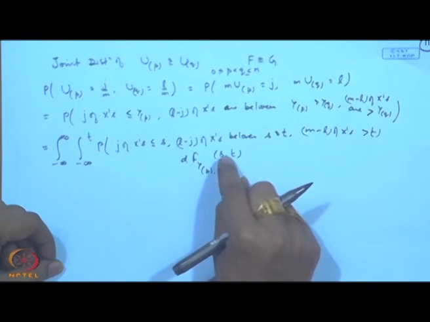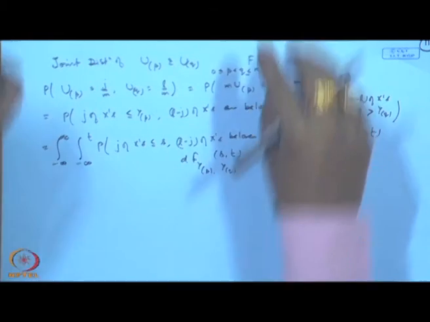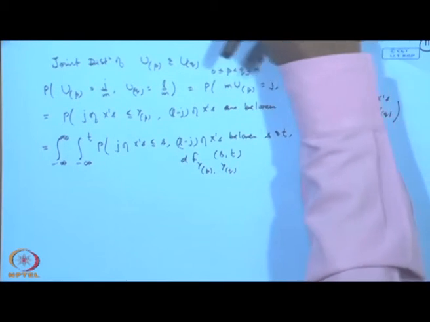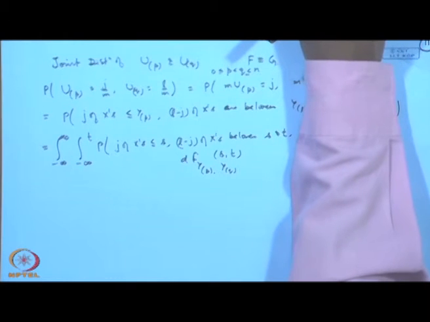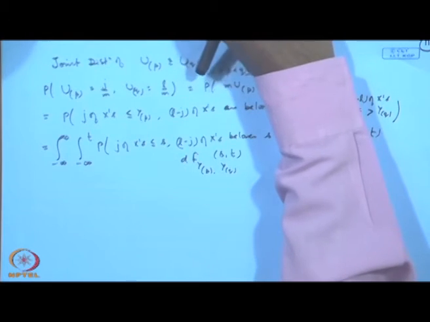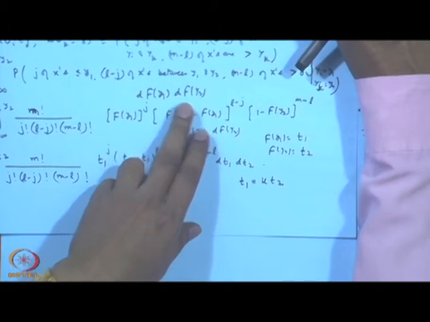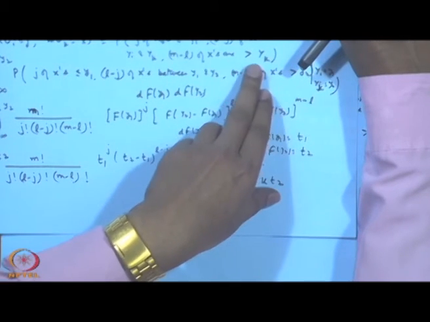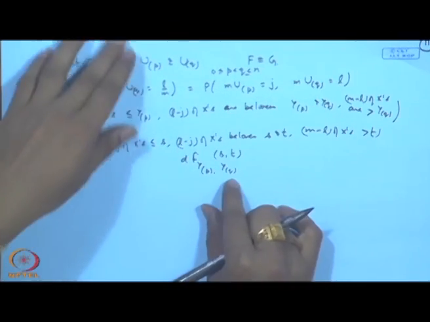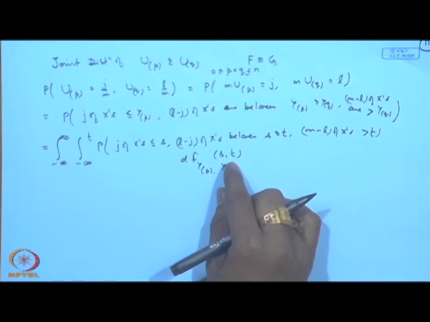Remember, here I am not writing the distributions separately. The reason is that the distributions of y_p and y_q are not independent, unlike the case that I discussed a little earlier, where the distributions were independent. There I was able to write d f y_1 d f y_2 separately, because y_i and y_k were taken to be independent, but here they are ordered. So, they are not independent. So, I have to write the joint one here, but this is not a problem, because we actually know this.